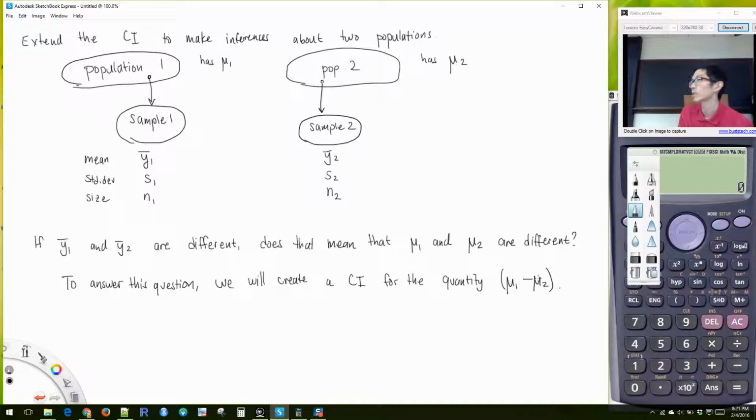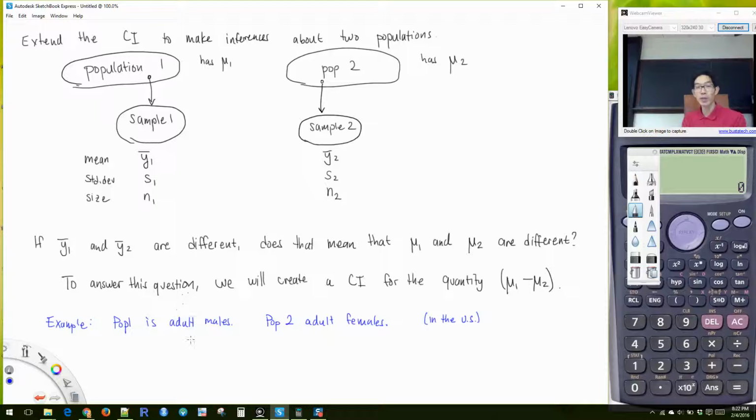Okay, so just to check our understanding here, let's say the example is population 1 is adult males, and population 2 will be adult females. Okay, and we'll just say in the US. All right, and so the question is,